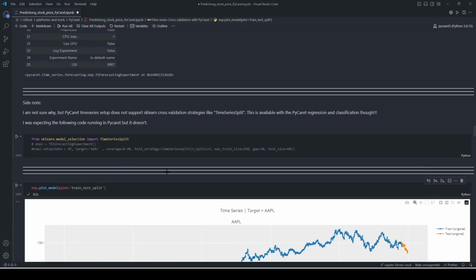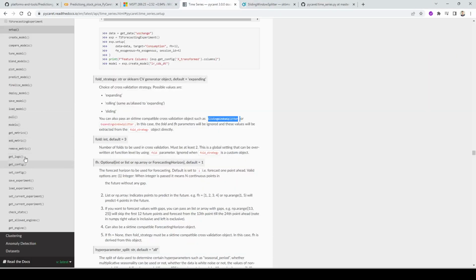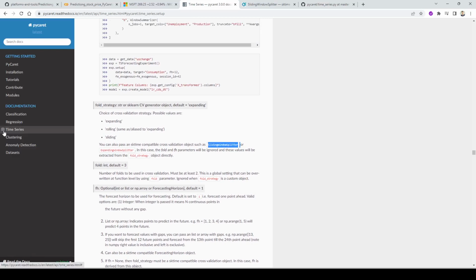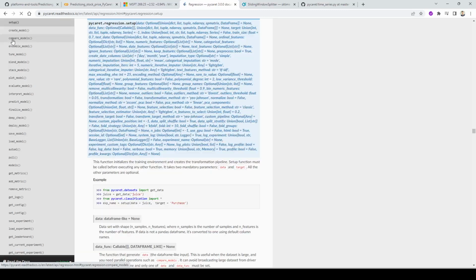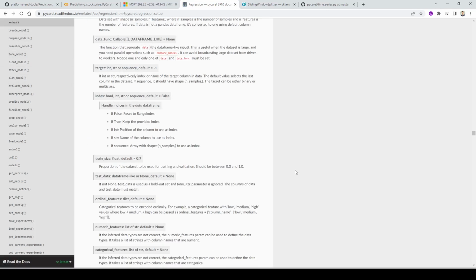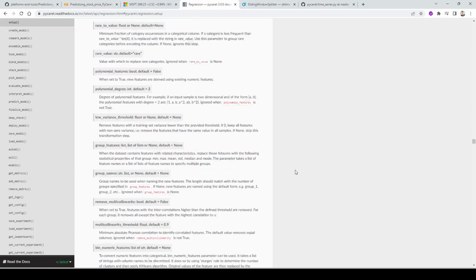And another thing I wanted to say, as a side note, I'm not quite 100% sure about this. I tried to read different source codes from PyCaret, but I couldn't figure it out myself, and I don't know why it's the case. So let me show you what I mean. If you go to the PyCaret documentation, surprisingly, when you go to the regression, not time series, and go to the setup for regression, the folding strategies are a lot more flexible. So if you go down to fold strategy,